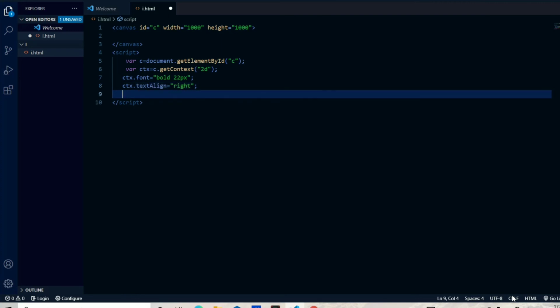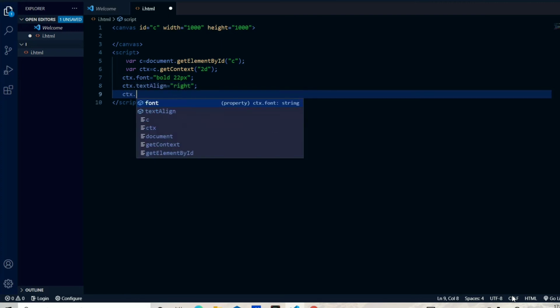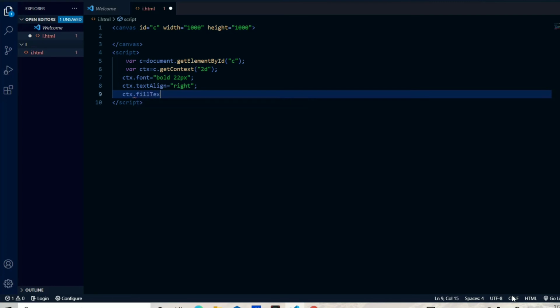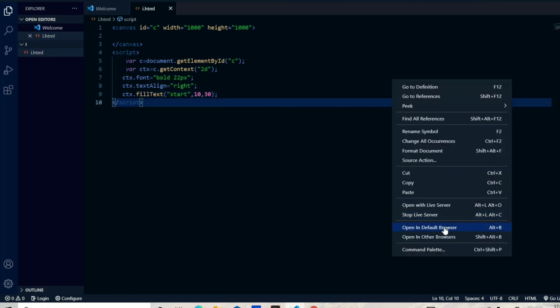And next, I am using the ctx.fillText. I must create a text, and in the create text, I am using start, means I am filling the text of start in that object. At last, I will mention 10, 30, and I will complete it. I save it, and I open it in a default browser.